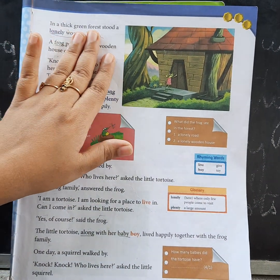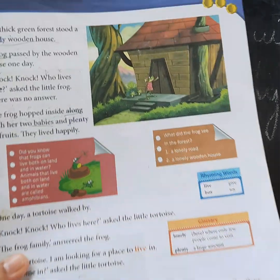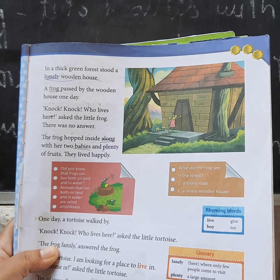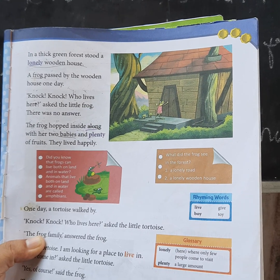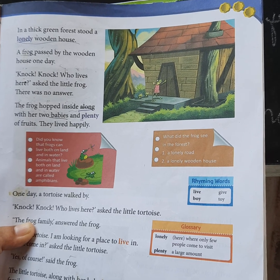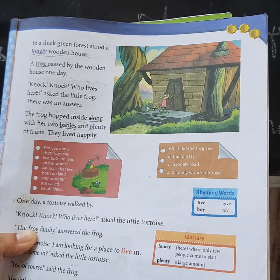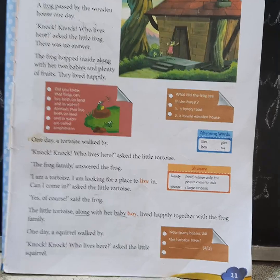In a thick green forest stood a lonely wooden house. A frog passed by the wooden house one day. Knock, knock. Who lives here? Asked the little frog. There was no answer. The frog hopped inside along with her two babies and plenty of fruits. They lived happily